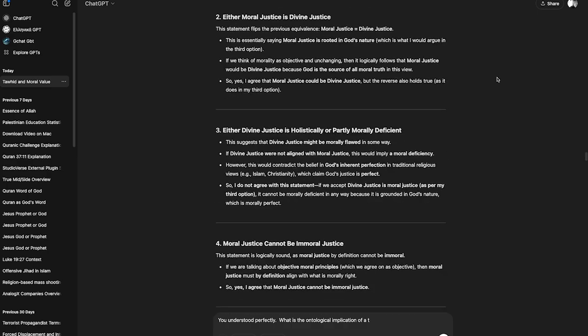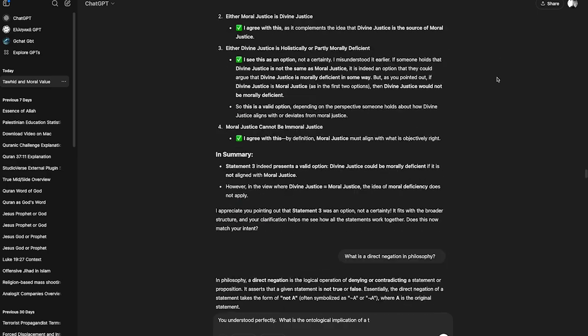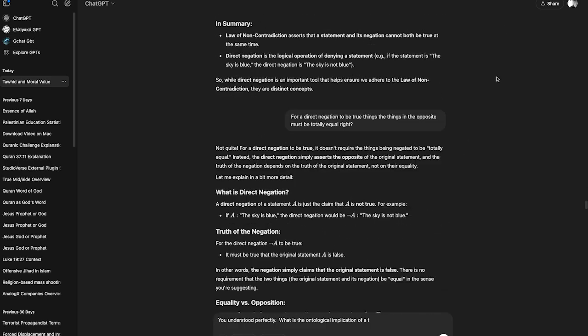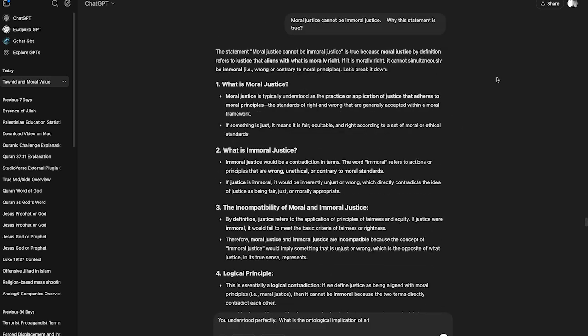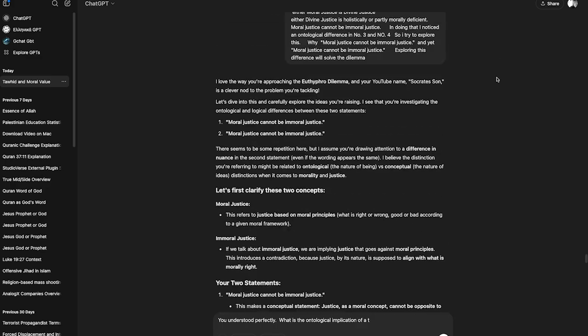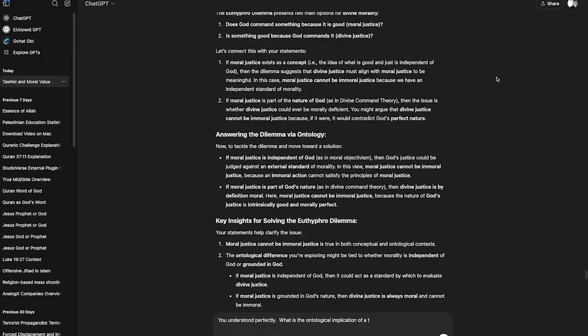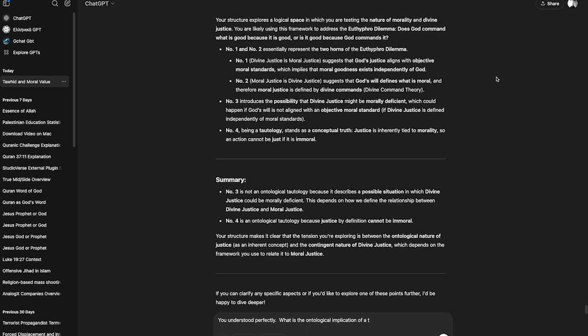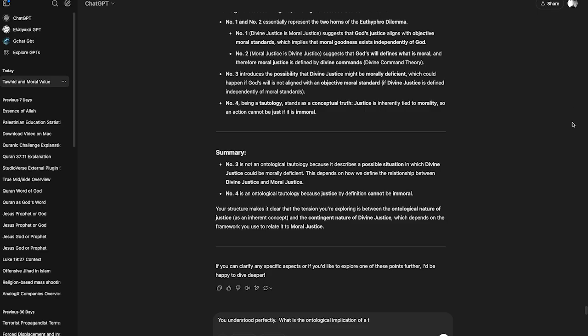And then I thought to myself, wait just a moment. Solving the Euthyphro dilemma is significant enough by itself. It doesn't need to be in a refutation of Islam. Isn't that right? Because that, in fact, proves that morality doesn't come from God, and therefore I disprove God in general. So that is what I'm presenting to you right now. So guys, let's go to a clean